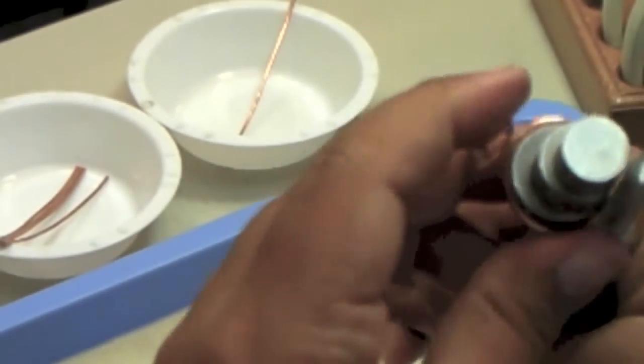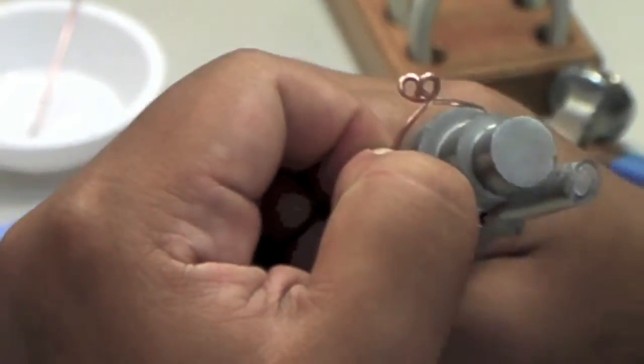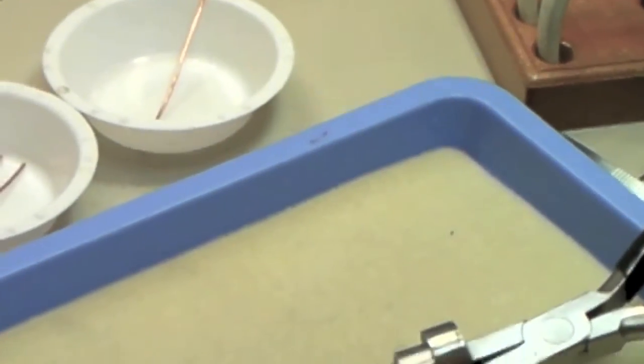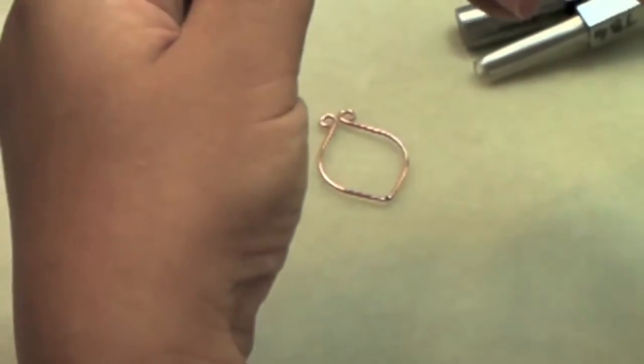Okay, and this is just to start the curve of our horseshoe. We're going to refine the shape later. Okay, and to do the little point at the tip of our petal, we're going to get our flat nose plier